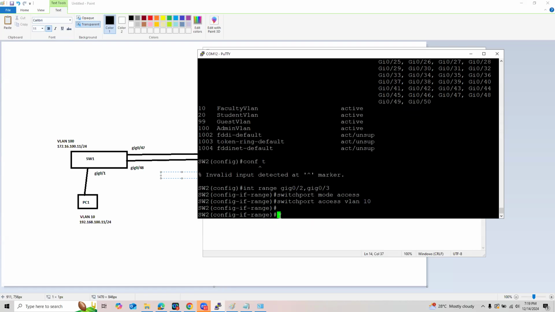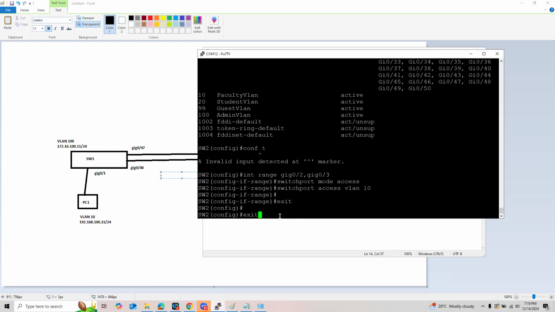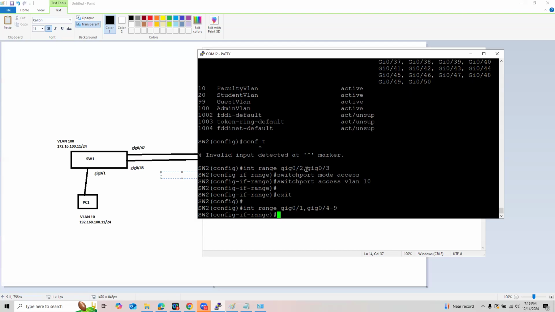Okay, what else? Let us say we're going to transfer other ports, gigabit 0/4 to 5 to, let us say, 9. Actually, guys, this is supposed to be 4 dash 9, no? But of course, it's still possible to do it this way.